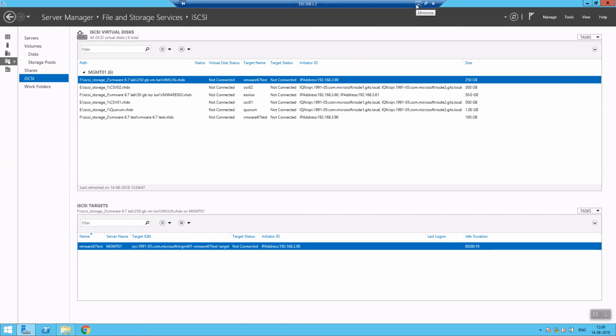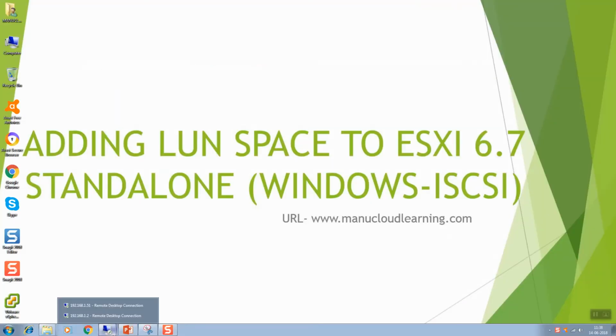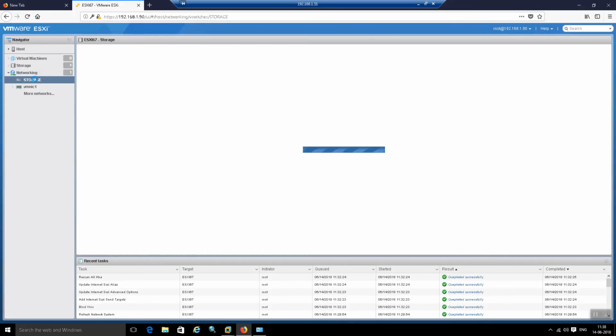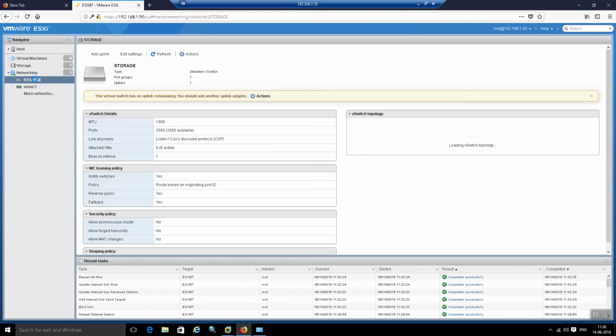Now we need to add the same. Now the presentation part is done. Now we need to add the same from the iSCSI option inside this ESXi. This is my ESXi box. I'm just going to add a storage. If I want to add a storage like this,